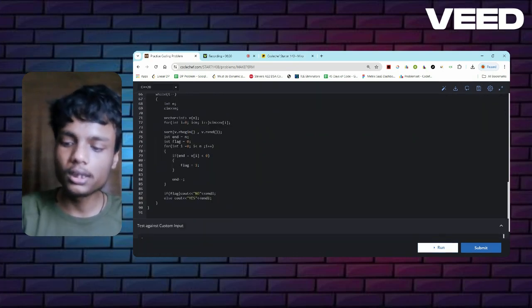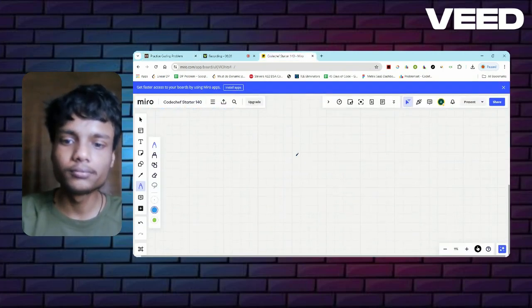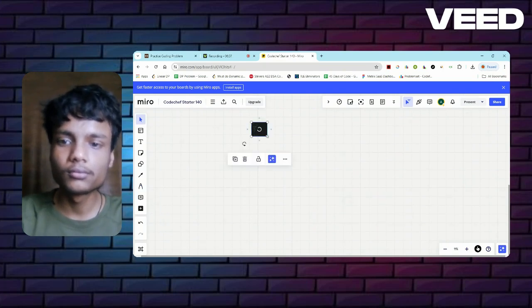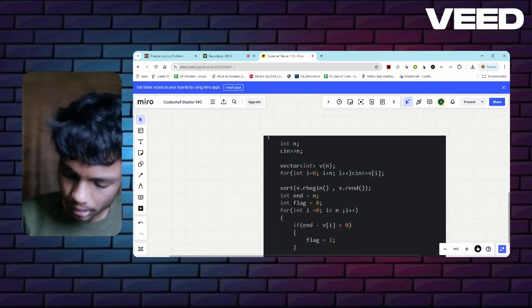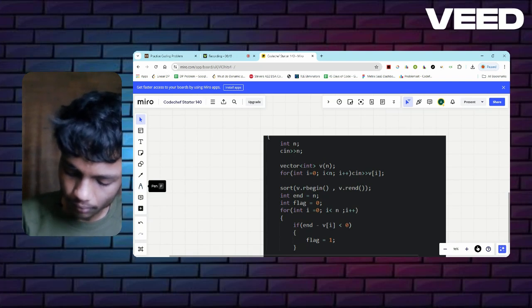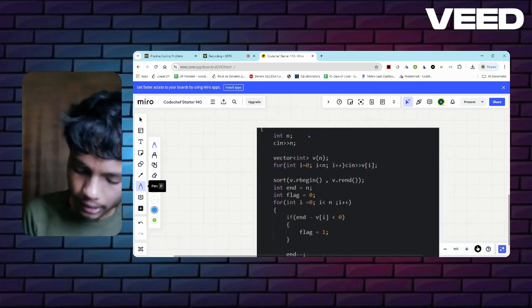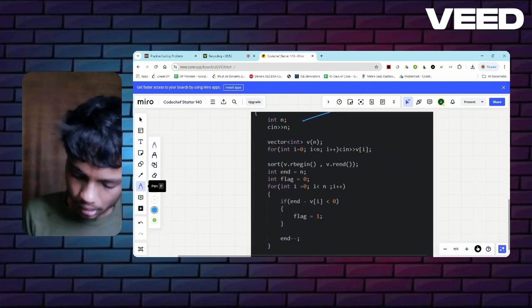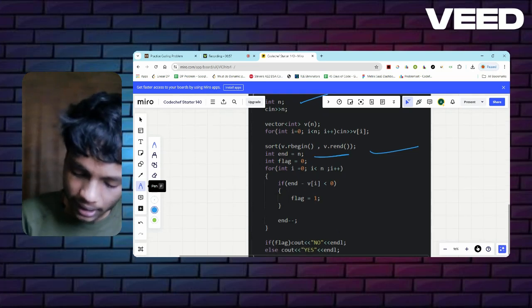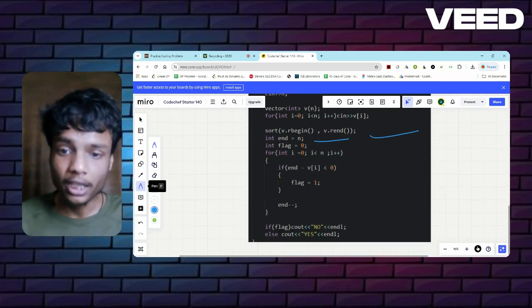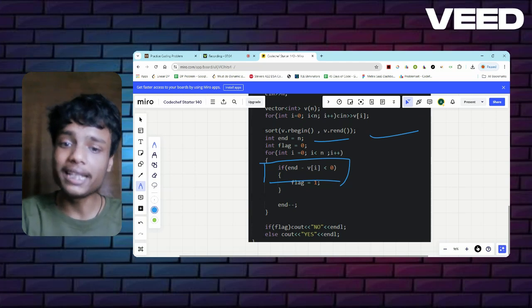So if you see the code, what exactly I'm doing is, first of all, take the input. Now I am going to sort in the reverse order, and I am taking a variable end equal to n. If these conditions occur where end minus v of i comes out to be negative, less than 0,